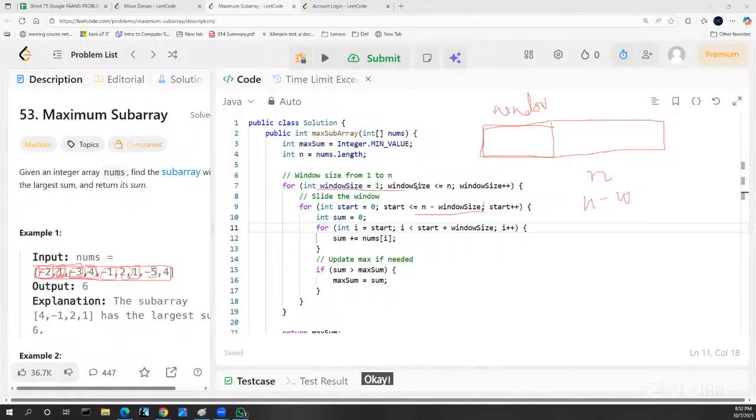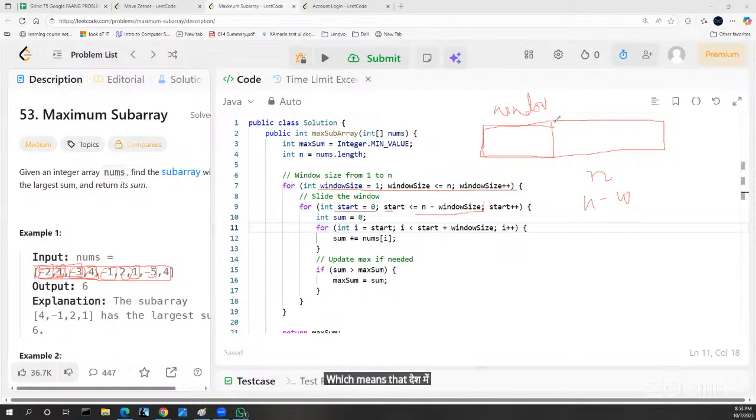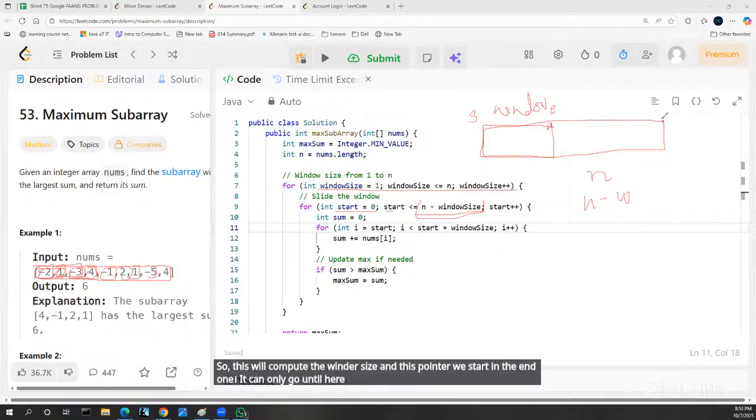Okay, first we initialize our window size to 1, okay? So when our window size is 1, we put a start pointer and run the start pointer to n minus window size. Which means that this window right here has a starting point and an ending point. So this will compute the window size, and this pointer, the start and the end one, can only go until here. Okay, so if my window is here, and this is the length of my entire array,